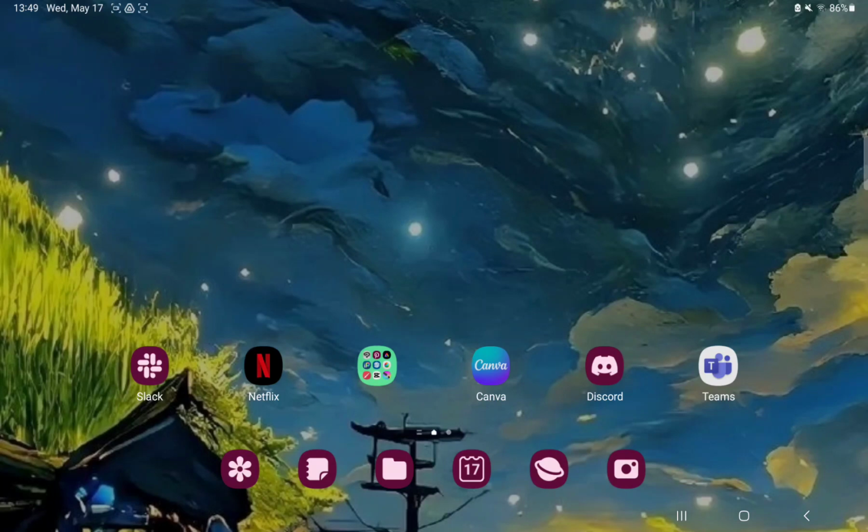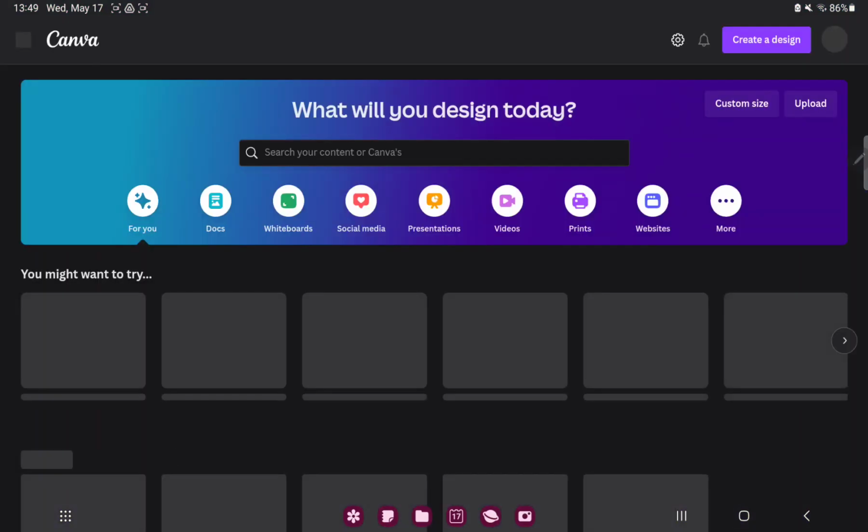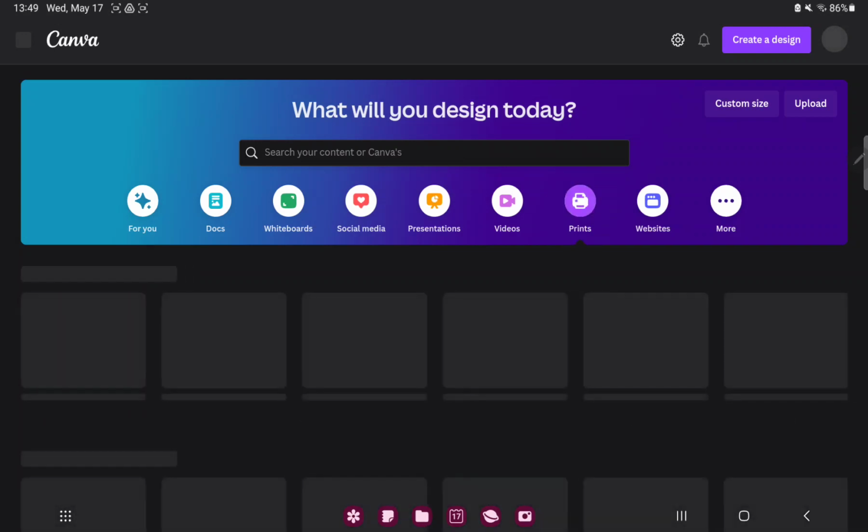So let's jump into it. First of all, open the application on your device. Go to the print section and click to the